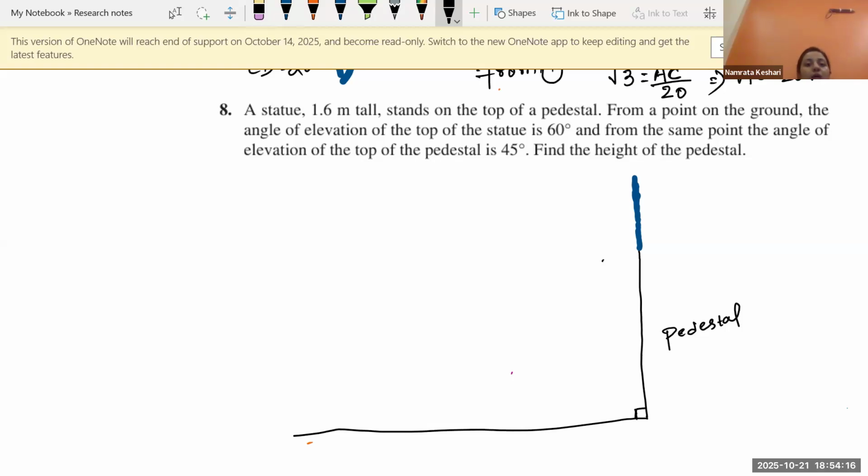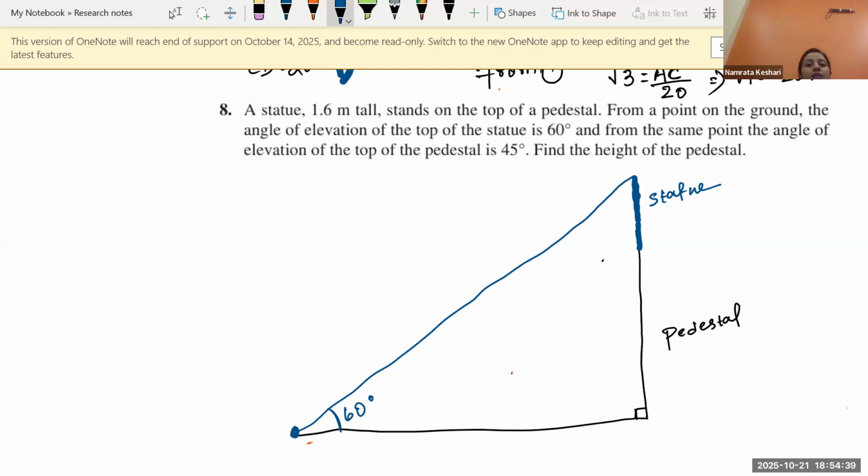From a point on the ground, the angle of elevation of the top of the statue. Okay, this is our statue, is 60 degree,